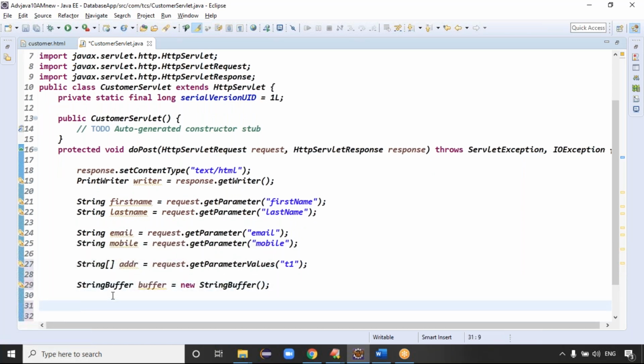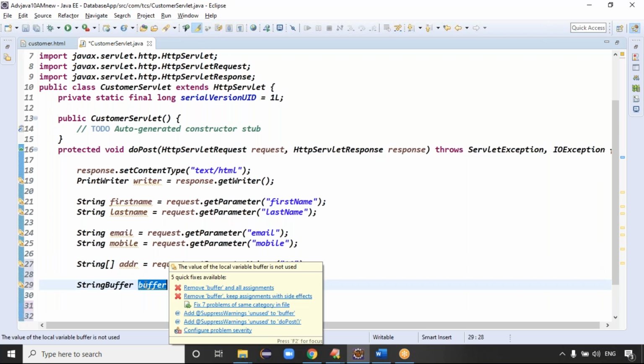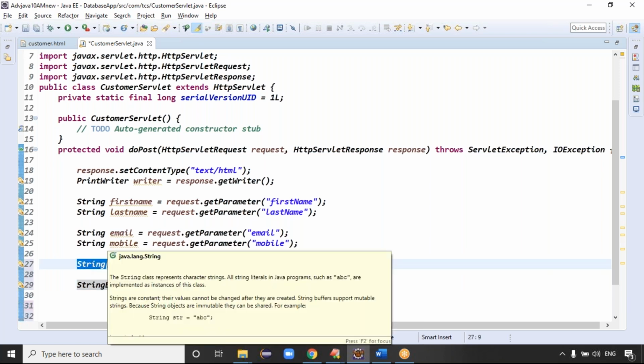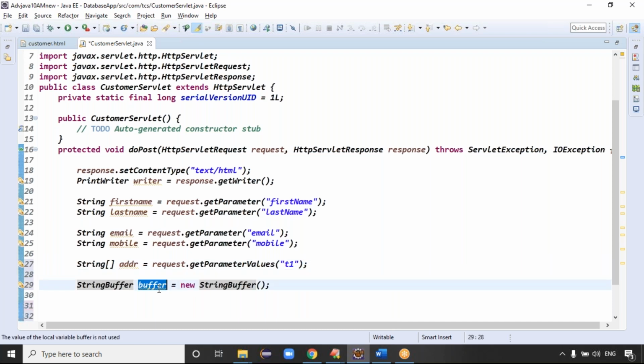Then what do I have to do? I have to add this string data, address, to the StringBuffer object, right? Because I want to convert this string data into which object, guys? StringBuffer data. Because the string array contains the three values, and on the string data we cannot put the commas because string is immutable. That's why I take the StringBuffer data. Can I append this string array data to the StringBuffer by putting the comma separators? Because StringBuffer allows the commas, right? Yes sir, how can we do that?